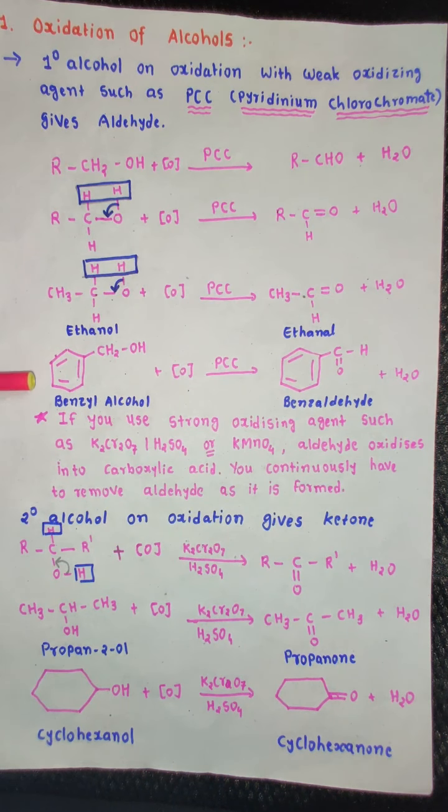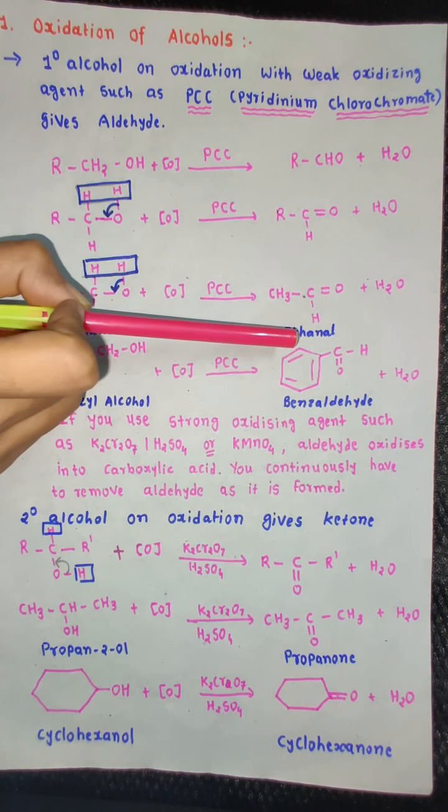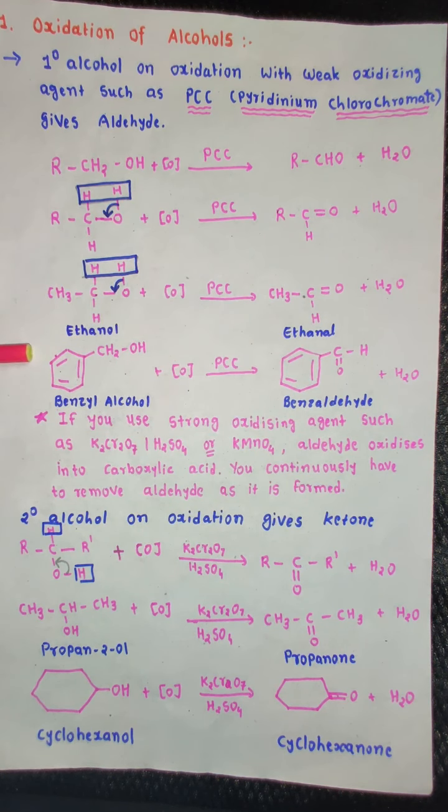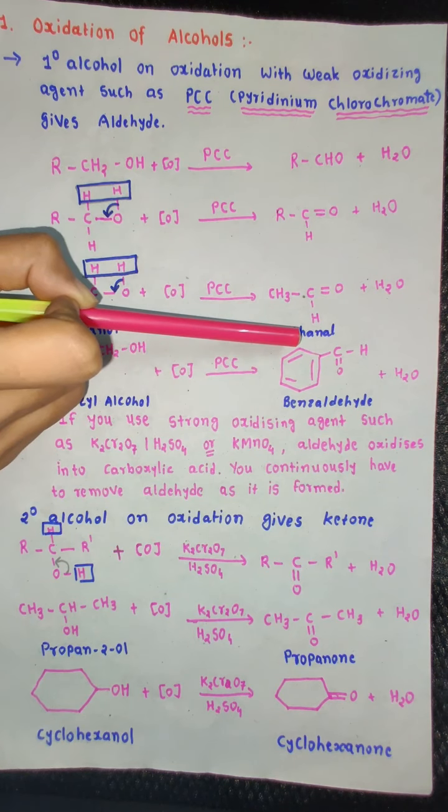Once again, let us take another example. This is benzyl alcohol. Benzyl alcohol, as you can see, is also a primary alcohol because the carbon having the OH group is connected with only one carbon, right? Now this benzyl alcohol once again on oxidation will give me aldehyde. But क्या याद रखना है? The number of carbons in the aldehyde should be equal to the number of carbons in the original alcohol. So benzyl alcohol में से एक हाइड्रोजन कार्बन से हटाओ, एक हाइड्रोजन ऑक्सीजन से हटाओ, और क्या बन जाएगा? कार्बन और ऑक्सीजन के बीच में डबल बॉन्ड, and we will get benzaldehyde.